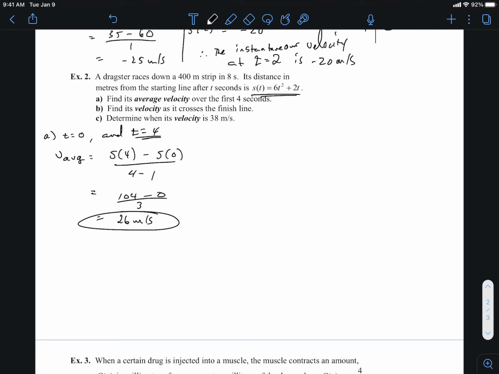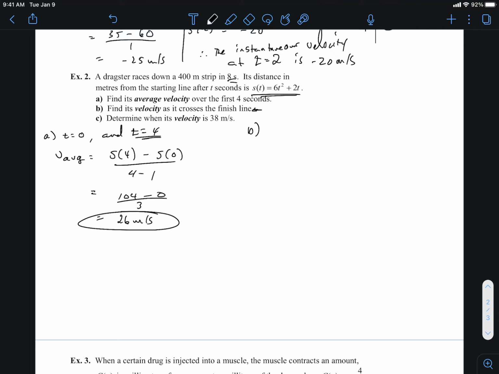Now if I'm interested in the velocity as it crosses the finish line, it's going to take 8 seconds to get there. Now if I'm interested in one specific time, like let's say 8 seconds, I'm interested in the instantaneous velocity, which we know as being the